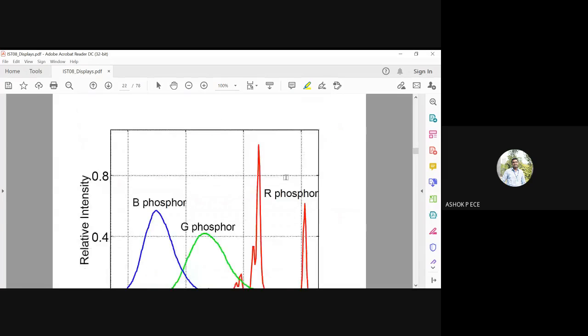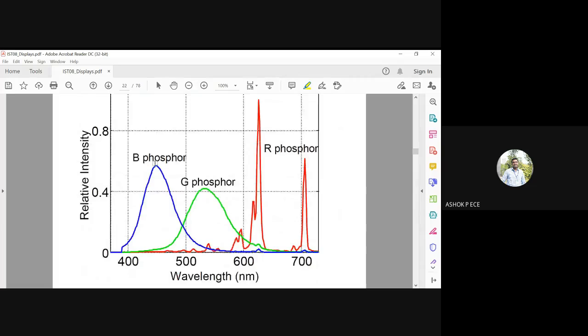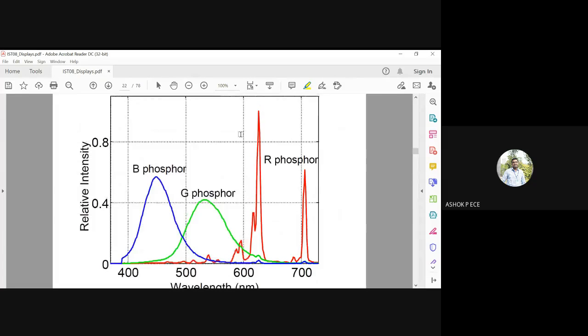For the response, we have seen the spectral response. For red, you have the peak response. Relatively, next you have blue, and next you have green. So we are seeing only these three basic colors because we are going to use three electron guns in the cathode for the three basic colors: red, green, and blue only. For that purpose only we are doing this. We are seeing the response of the three colors in the display.